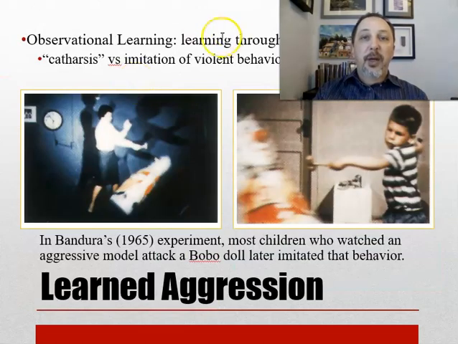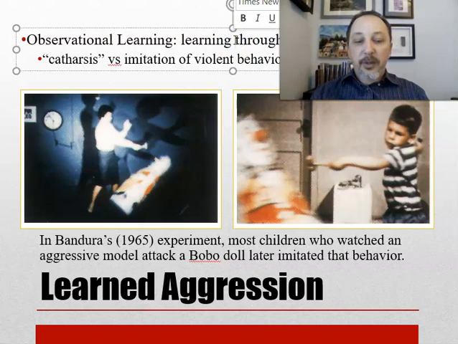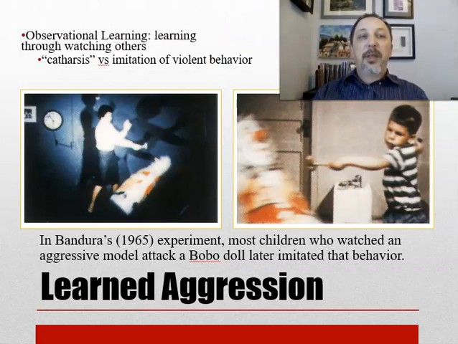This is Bandura's learned aggression, where the kids saw an adult hitting a doll, and then some kids went to play in that room without a doll, and other kids were playing in the room with the doll. Some kids saw the doll in the room without being shown the video, and they just kind of avoided the doll or played with it normally. But the kids who saw the video imitated the adult and attacked the doll and played violently with it, right? Suggesting that there may be some copying of this. It's a very interesting area, a lot of debate about it, but it is clear that kids are going to imitate.